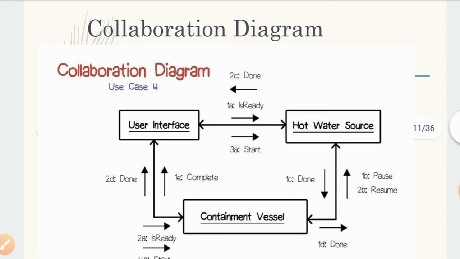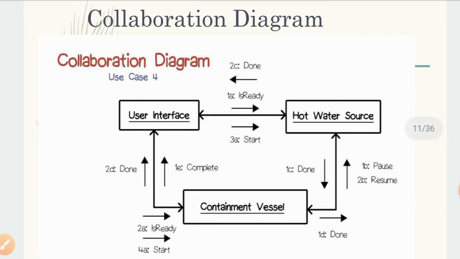Now next, this is the collaboration diagram. We will see the collaboration diagram, which consists of the user interface, hot water sources and containment vessels. If the user says that the water is ready, then you can start to drink that hot water, or you can start the containment vessel. If your hot water is done, then you can give it to the containment vessel. If the containment vessel is done, then you can say that the job is completed. So this is the collaboration diagram. If you design the same diagram for your printing system, then this will be as